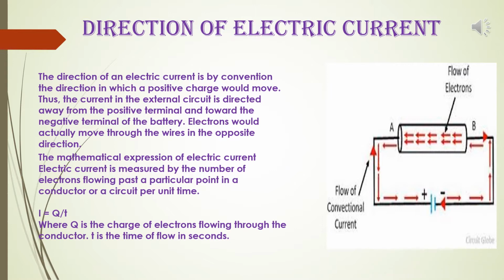So the direction of electric current is taken by convention as the direction of the flow of positive charges through any cross section of a conductor. But in a conductor connected to a source of electricity like a cell, the electric current is due to the flow of negatively charged electrons in the conductor.